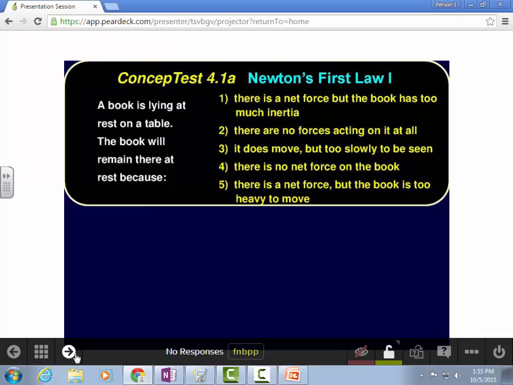A book is lying at rest on a table. The book will remain there because